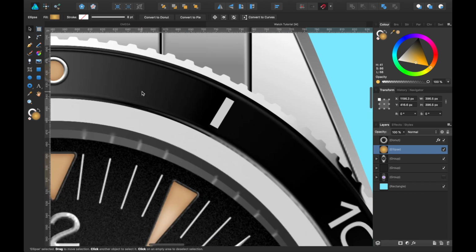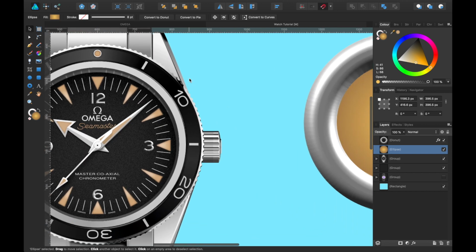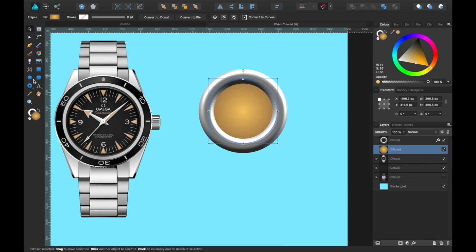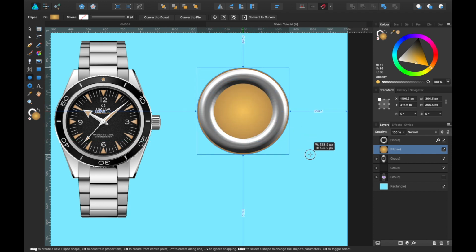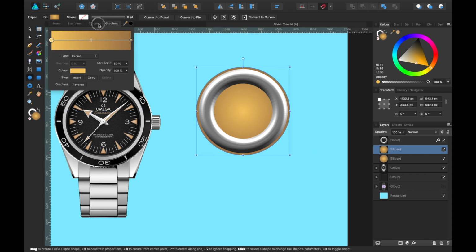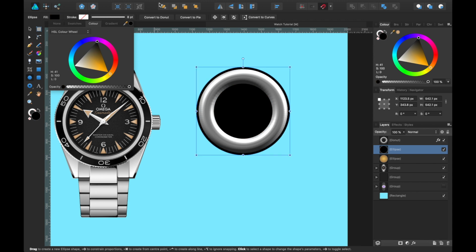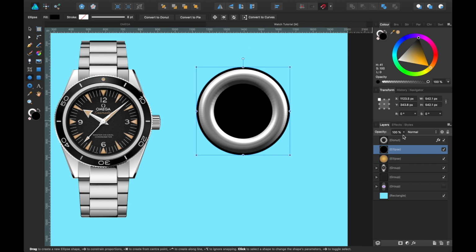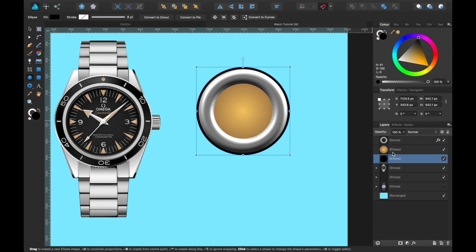Let's add that shadow that's surrounding it. Another easy one to do. Simply go to the ellipse tool, go to the center of the image and draw a circle. Keeping hold of Shift and Command, let's make it come out a little bit like this. Let's make this black, so we won't go for the gradient, we'll just go for a solid color. So that's just black now, and let's make sure that's on the bottom layer. So there they are, those 3 layers there.